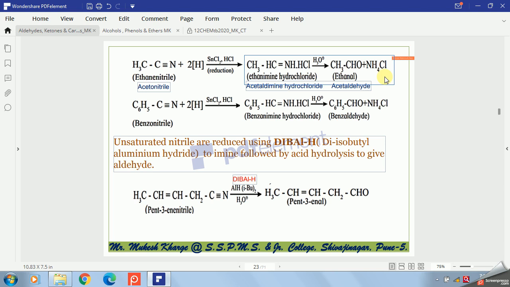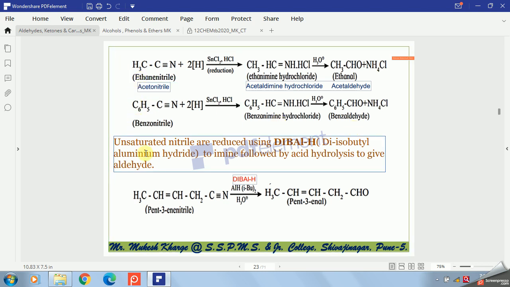Then benzonitrile or phenyl cyanide, this one on reduction gives benzenimine hydrochloride, and finally we get benzaldehyde. So only change the alkyl or aryl group attached to the CN functional group and write down the corresponding product. We get an aldehyde by using this. Okay, because we can add only one alkyl group to the CN functional group because there is a carbon nitrogen triple bond. So always we get an aldehyde as a product, either aliphatic or aromatic, depending on your alkyl or aryl